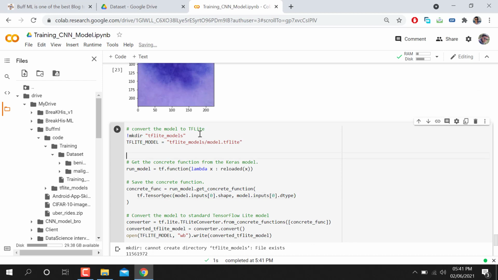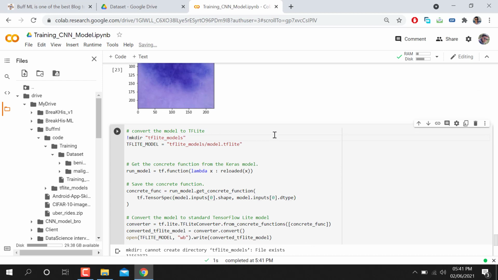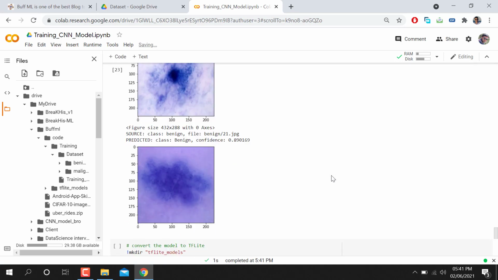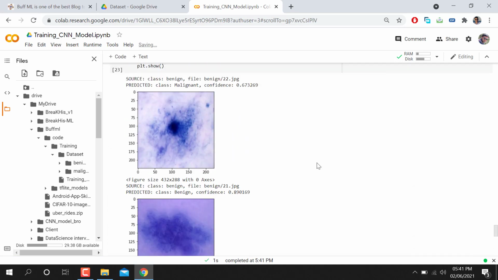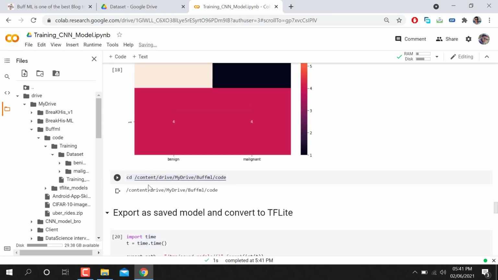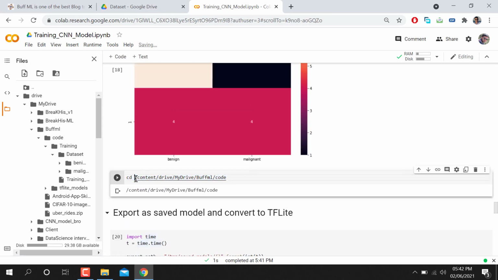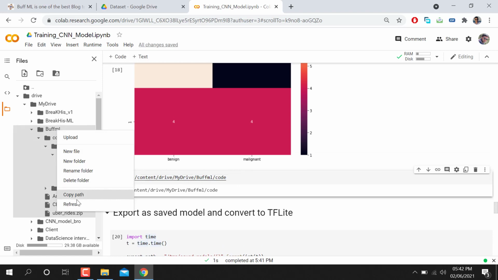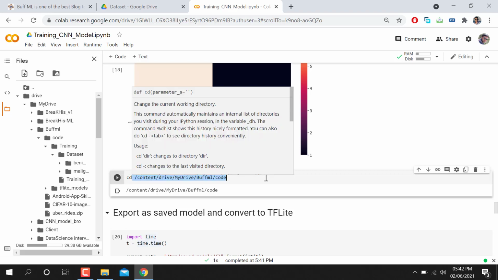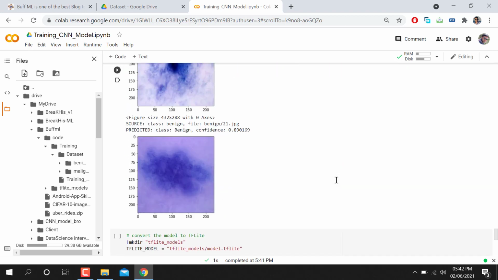When I run this one, it will make a TFLite folder in my code directory, which I have shown here, this folder. And when I run this, make sure that if you have a different number of folders, you just need to copy whatever the folder is. Let's suppose you have this folder, you just copy it and paste it here. This is really important. Space, then this one. So I'm just telling you how you can use this.